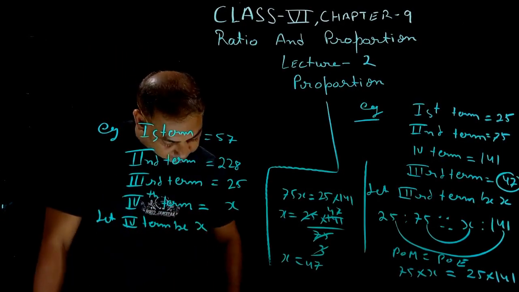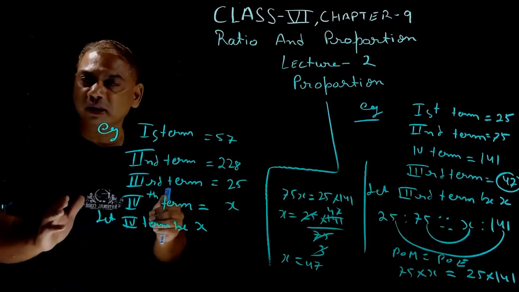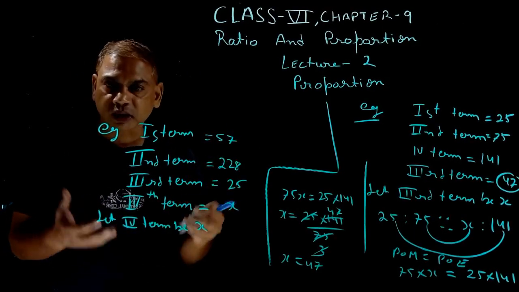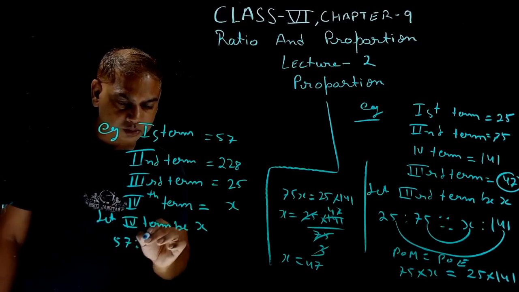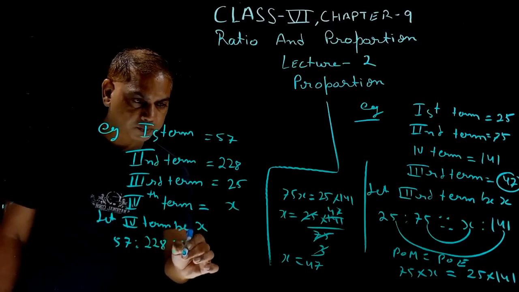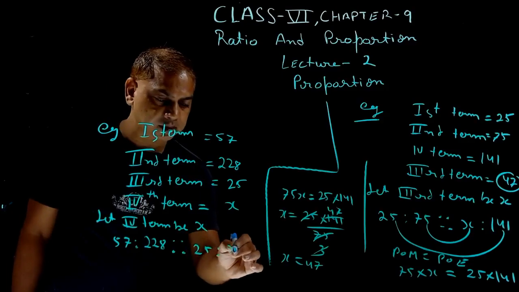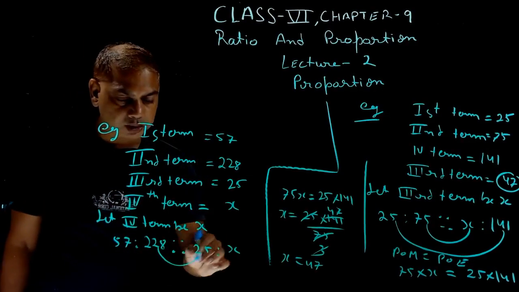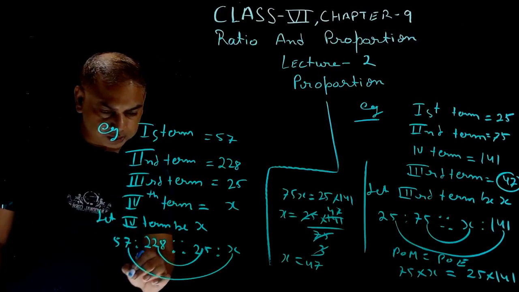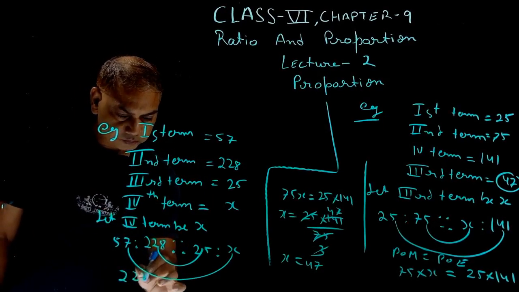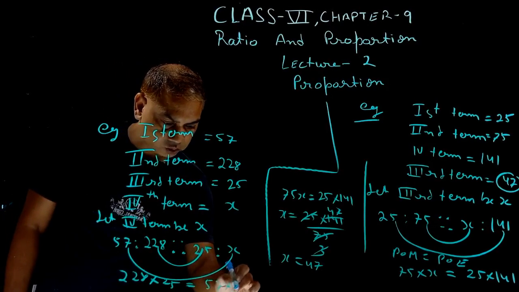Proportion में given है student. Question is the first, second and third term of a proportion. So proportion already given है. That means these ratios are equal. So what you will do? You will write them in proportion. 1 is to 2, that is 57 is to 228. Proportion 25 is to fourth one, हमने x माना है तो you will write x in place of fourth. Right? POE is equal to POM. ये फॉर्मूला बेटा आपको याद रहेगा. POE 228 into 25 is equal to 57 into x. Clear students?